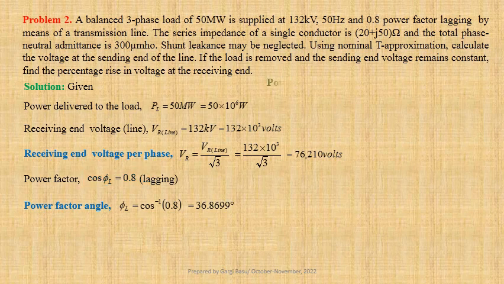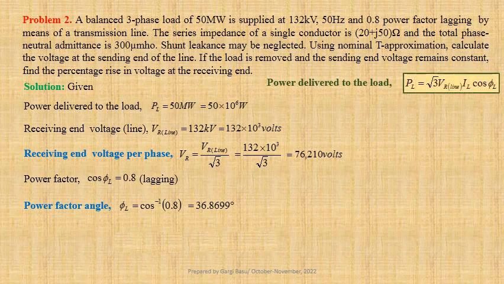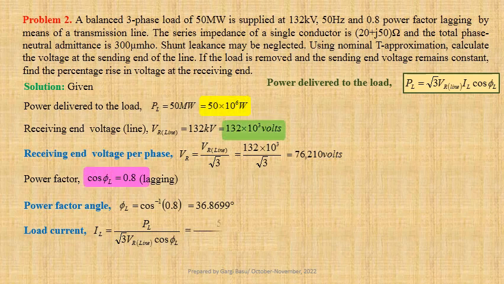Expression for power delivered to the load PL equals root 3 times VR line into IL cos phi L. Therefore, load current IL equals PL divided by root 3 times VR line into cos phi L. Using values we get 50 into 10 to the power 6 divided by root 3 into 132 into 10 to the power 3 into 0.8. That gives us